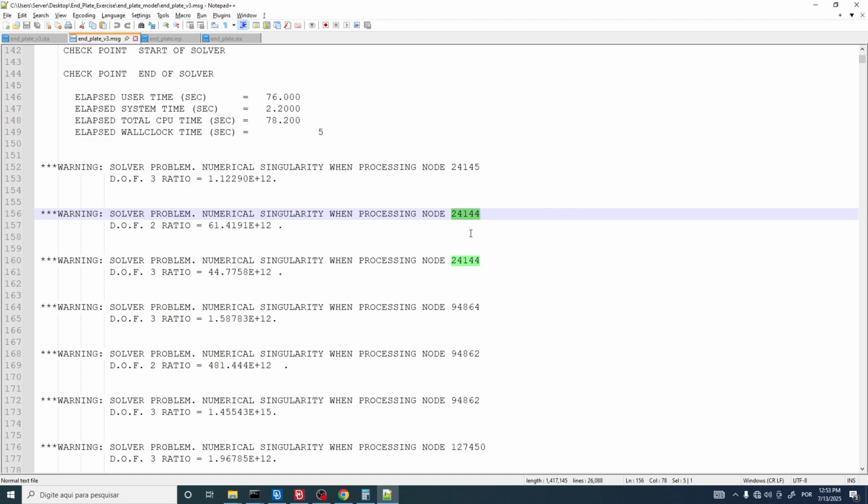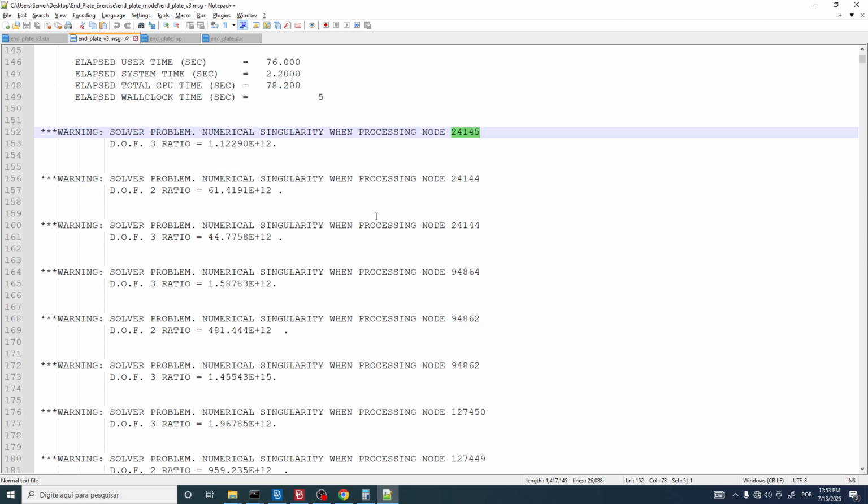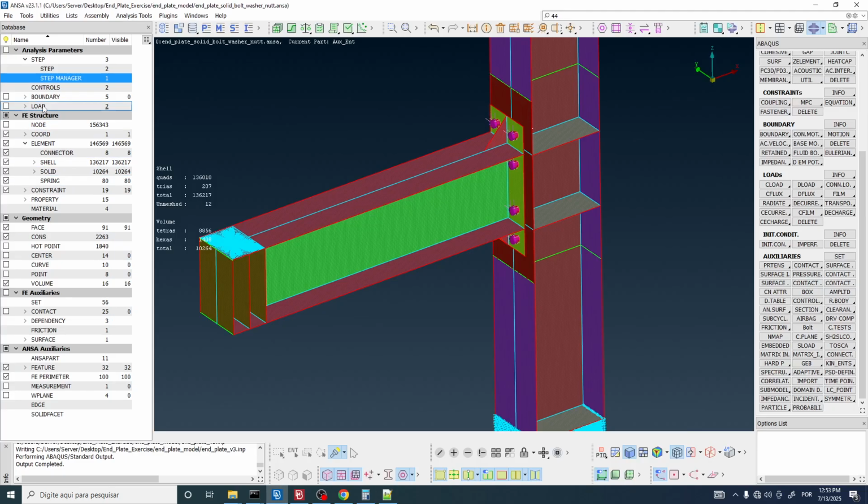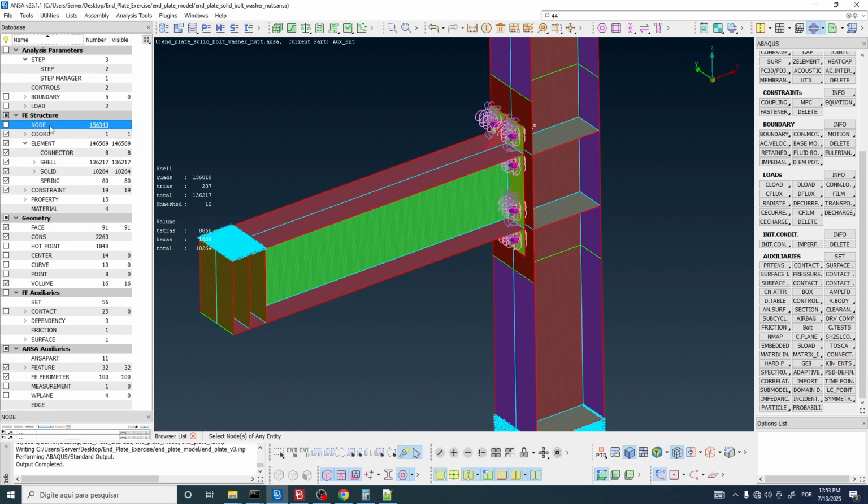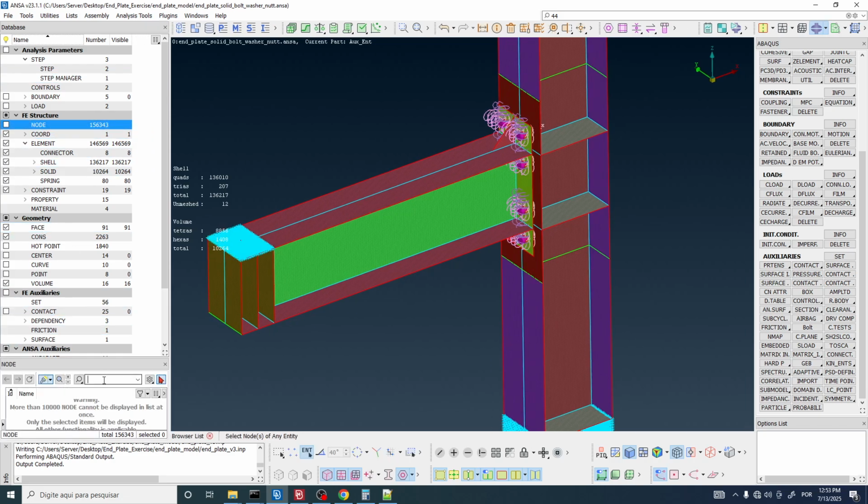also this node, and etc. So let's start with this node. I'm not going to search all nodes, because after searching the first node, we are going to understand what is happening here. So I'm going to Ctrl C the node ID, go back to ANSA, double click on node, and search for the node ID here, press enter, select this node, and then you see that looks like this node is positioned here. But there is one thing that is